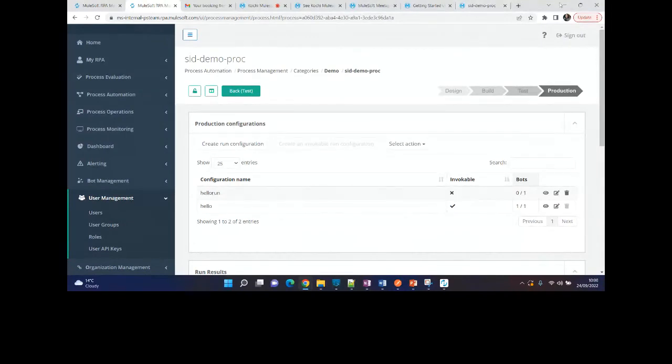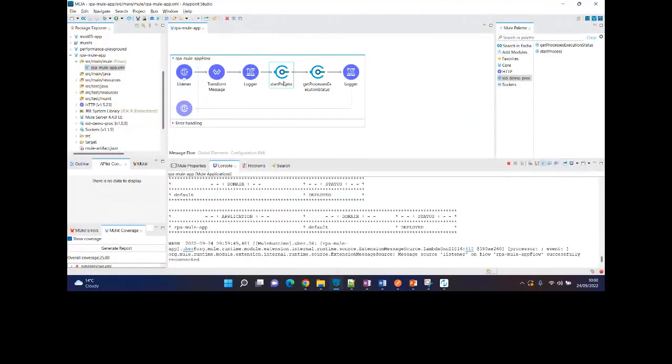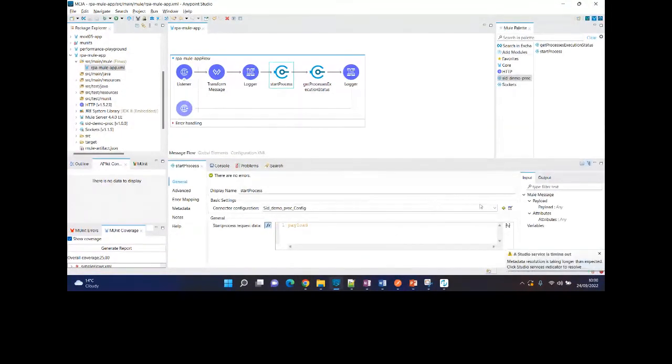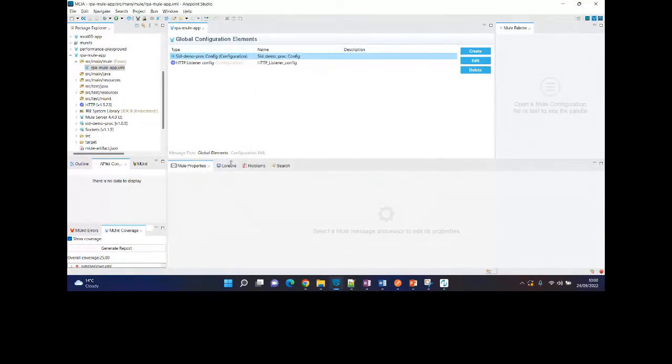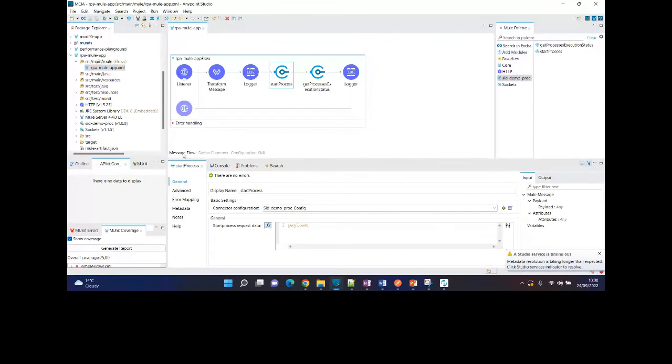That API key I will have keyed in. If you see the connector configuration for this connector, I will have put the API key here. You can see the host, port, then the API key and the base path. I have taken this host because it is available on your asset.